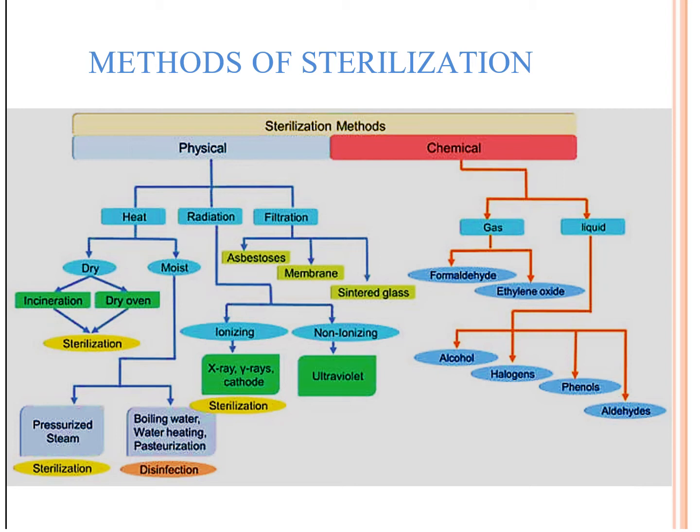Dry heat sterilization is generally carried out using incineration, direct burning of objects using an incinerator, while you can also use the dry oven in which dry air is used for the sterilization of items. In moist heat sterilization, as its name implies, water or water steam is used as the sterilizing power. For example, in an autoclave, pressurized steam or steam under pressure is used to sterilize the media and other items. We can also use boiling water, water heating and the pasteurization process for disinfection.